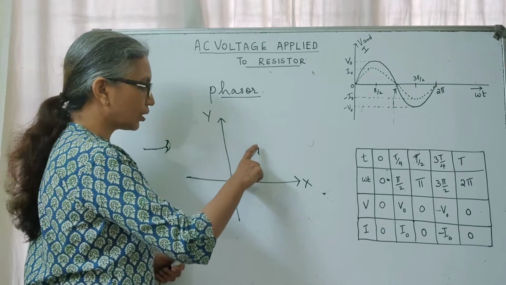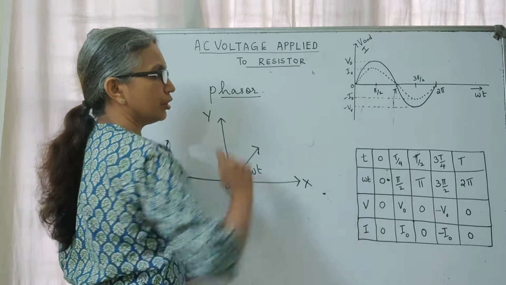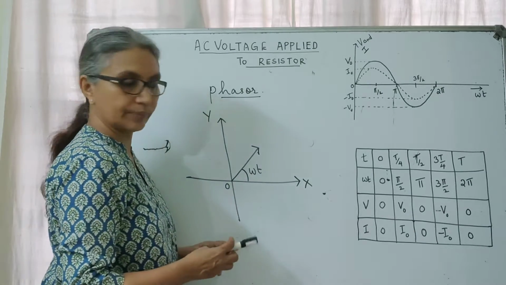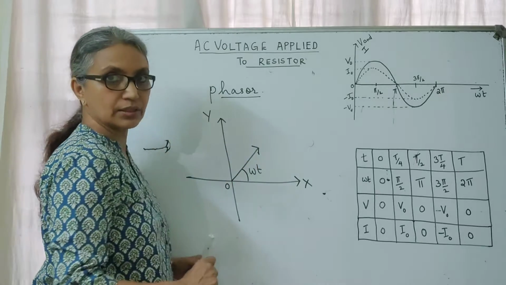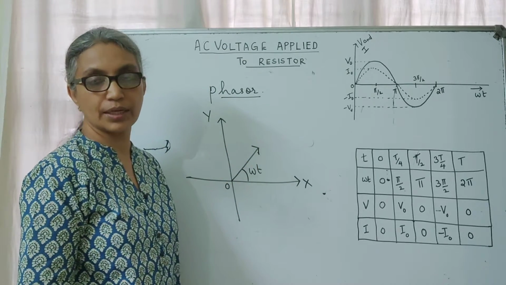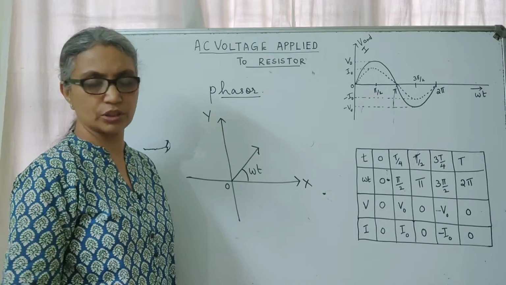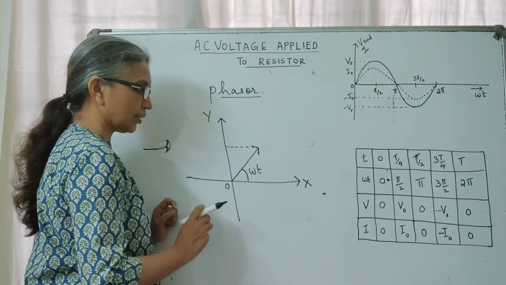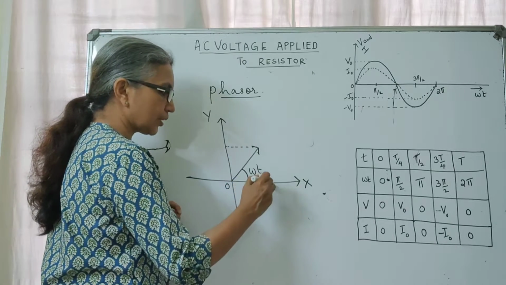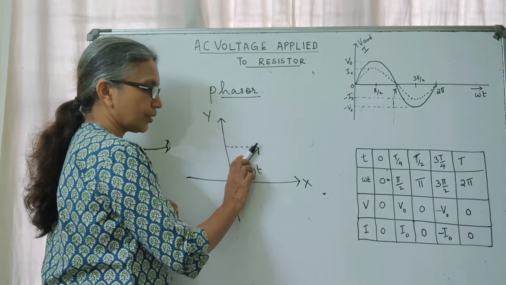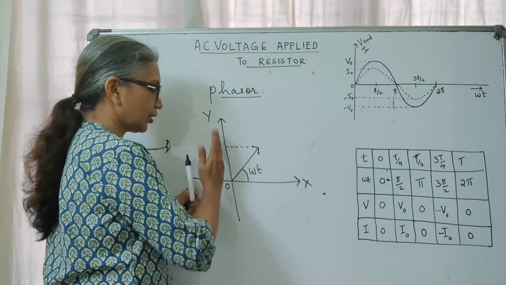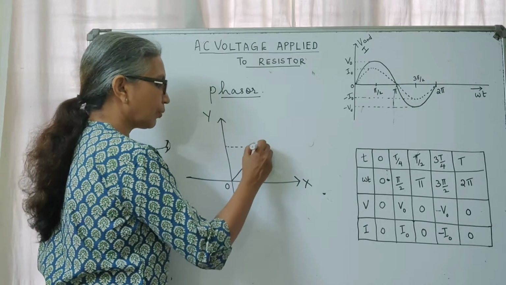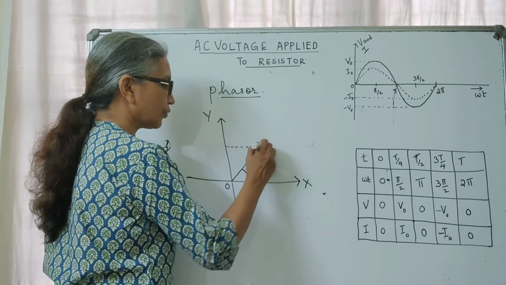So here, if I am using this phasor to represent the voltage, at any time interval t it would have covered an angle omega t. The length of this vector, the phasor, will give you the magnitude or the peak value of voltage. And if I take the projection of the phasor onto this axis, you know that this is the opposite side. So this phasor, its projection onto this vertical axis would be the opposite side, which would be given as the peak value here. So this peak value is V0.